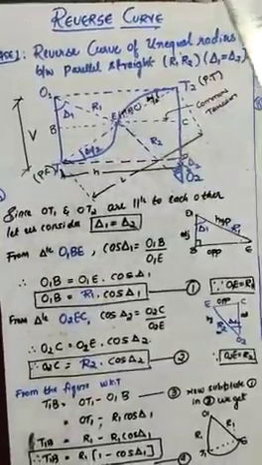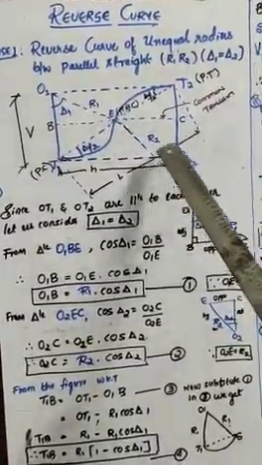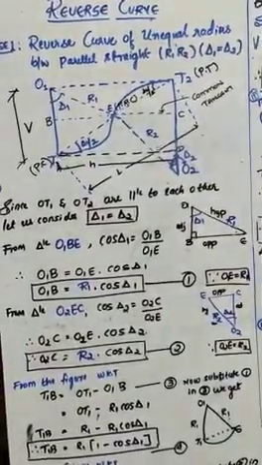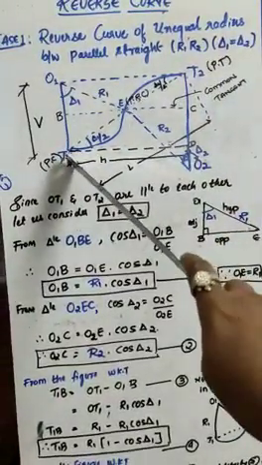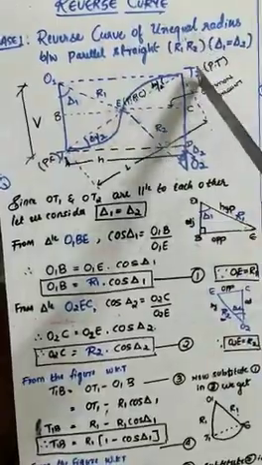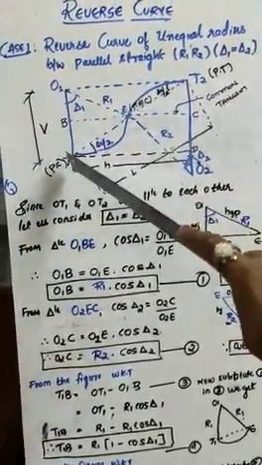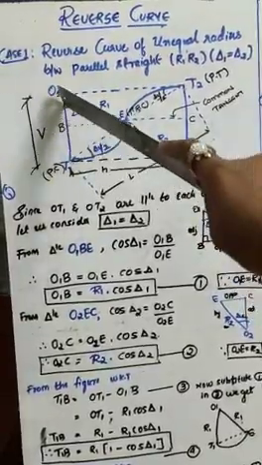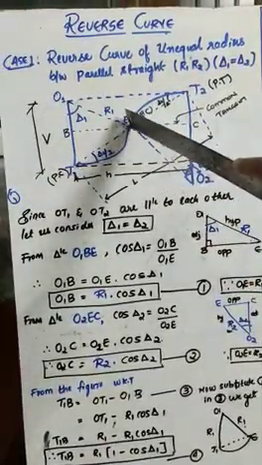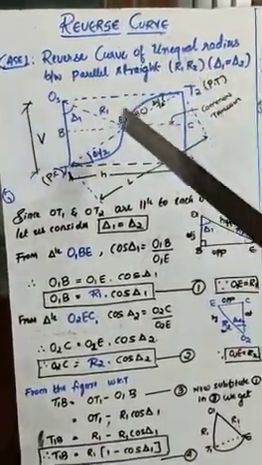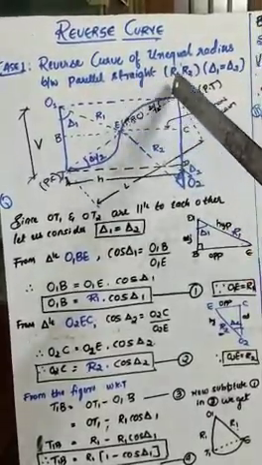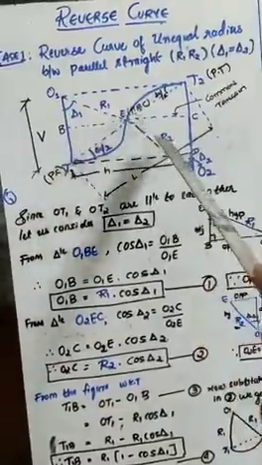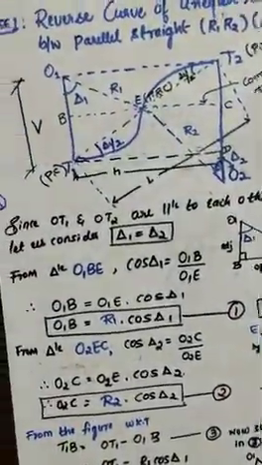Okay, so you can see this figure here. In this figure you need to write down this explanation of the figure. I will give that notes. So T1 is the point of curve and T2 is the point of tangency, and this is a reverse curve. And you can observe here, for this curve the point of intersection is O1, and for second curve the point of intersection is O2. R1 and R2 are the radius.